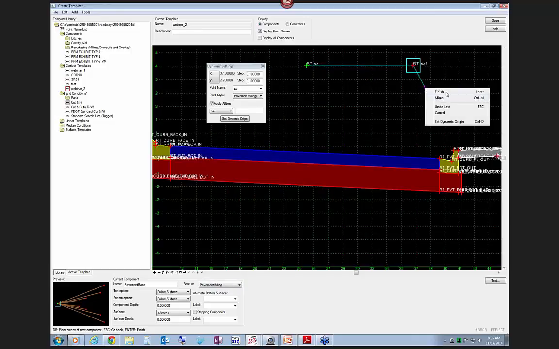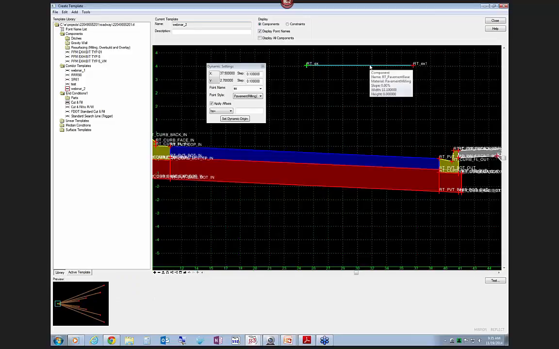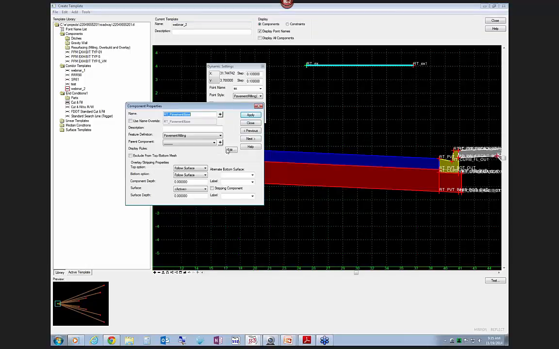And right click and do a finish. Now what this really has is a sort of an envelope of its top height, or its top limit, and its bottom limit. So in this case, it's follow surface, but if I want to do follow surface, follow component, and then choose